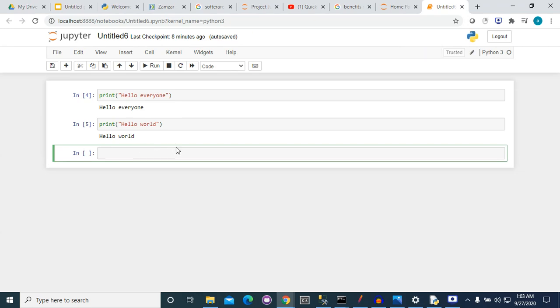Jupyter Notebook has an option to execute command line codes here also. For executing command line code, we just need to type percent and after that the command line code. I'm giving you an example.